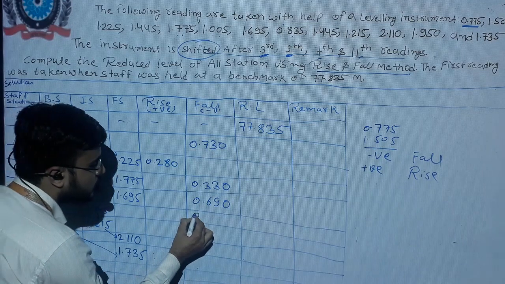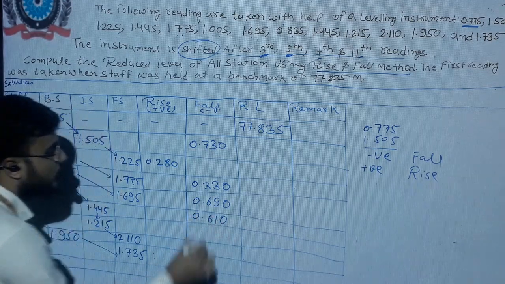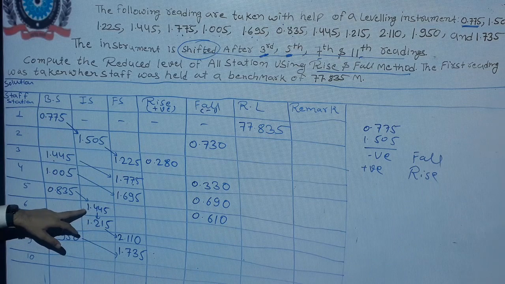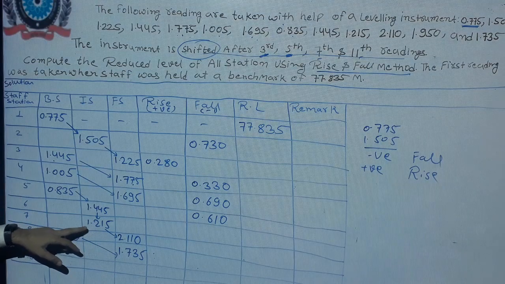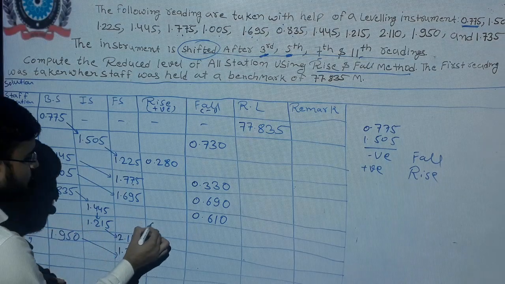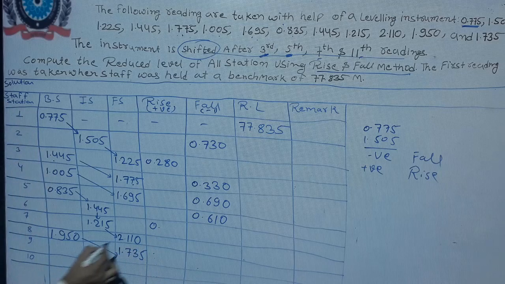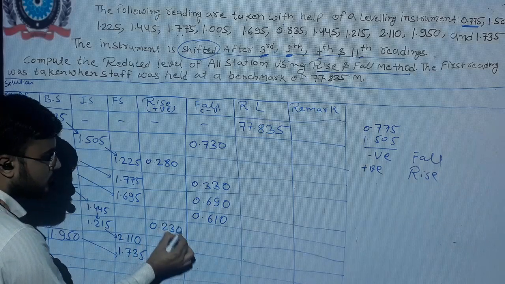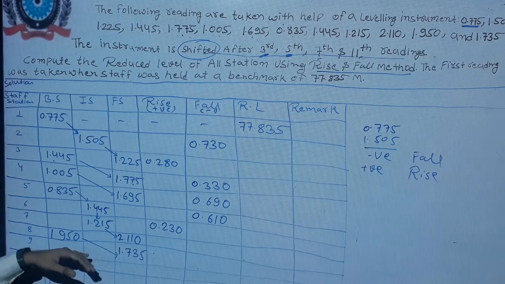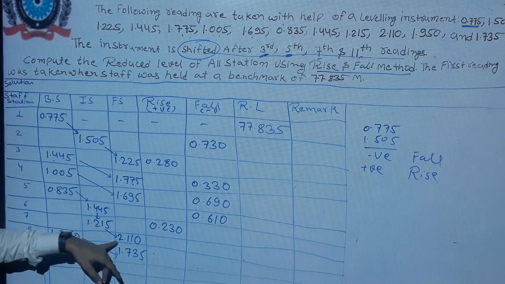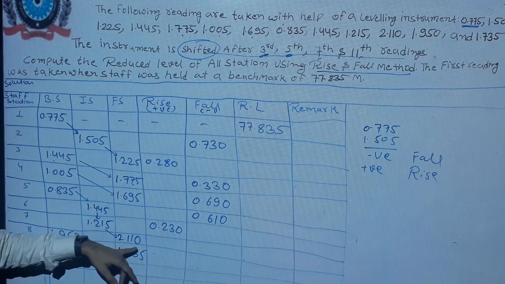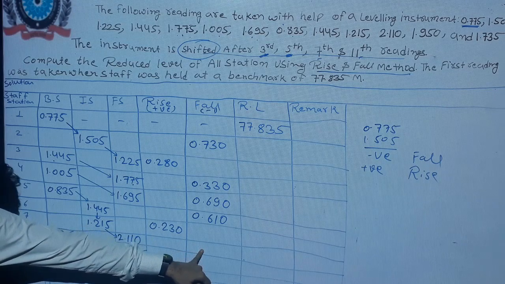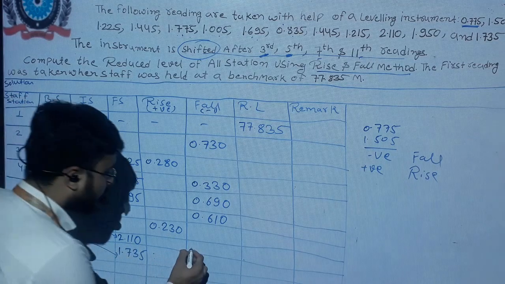So writing in the fall column. Now 1.445 minus 1.215, this difference is positive. So we will write in the rise column 0.230. Okay. Now 1.215 minus 2.110, again the difference is negative. I will write in the fall column